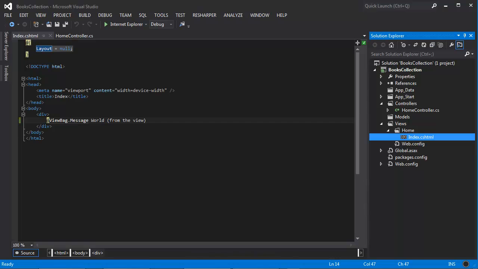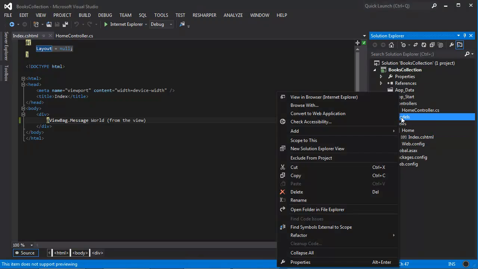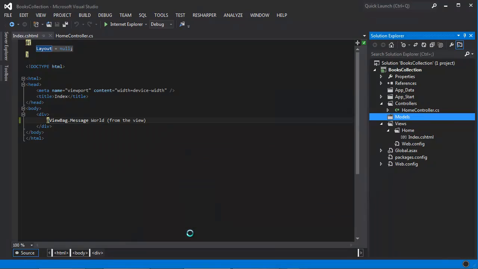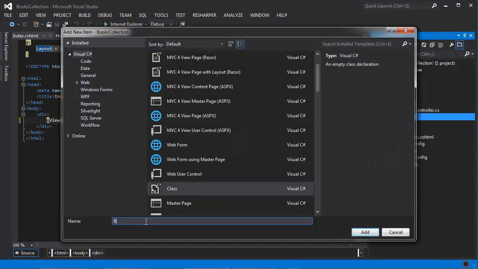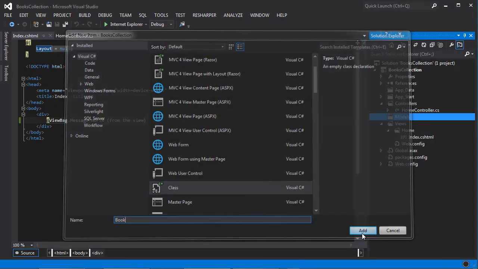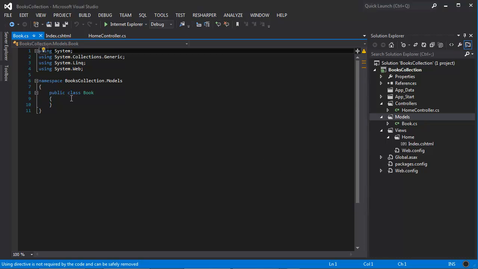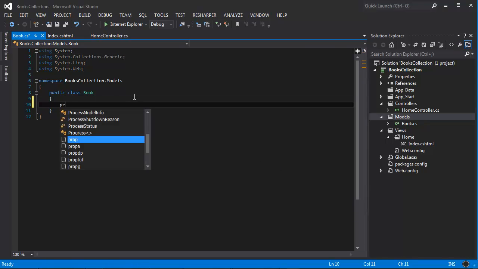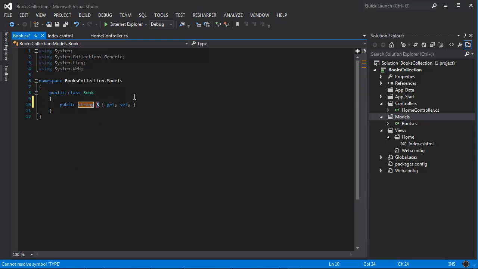So let's go ahead and add a model to our application. By convention, you should add the models inside the Models folder. So I'm going to right click, add, and add a new class. I'm going to call this new class Book because we are writing a books collection application. The first property here will be the author name,